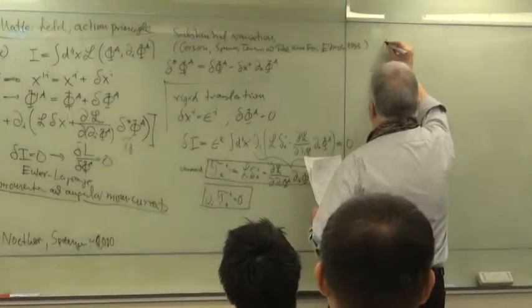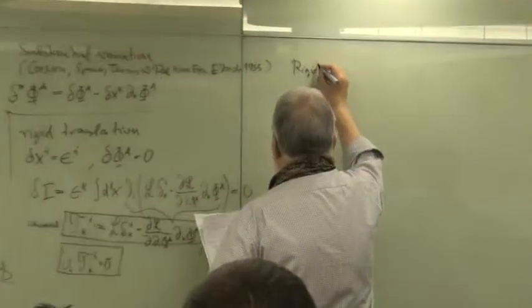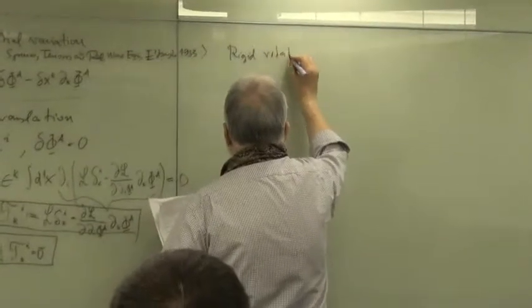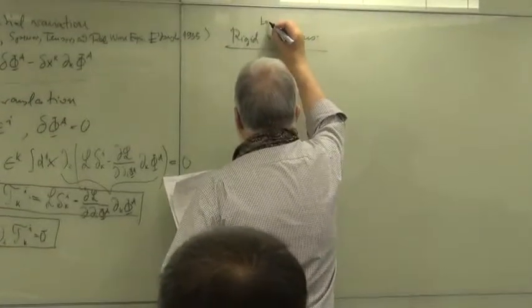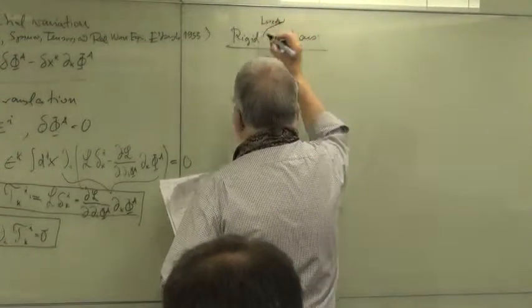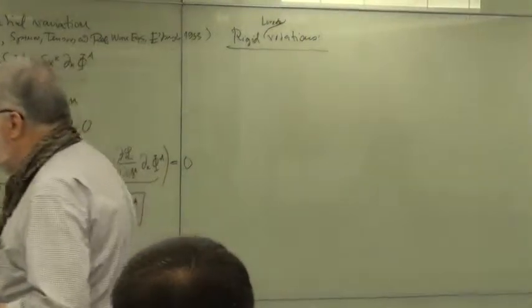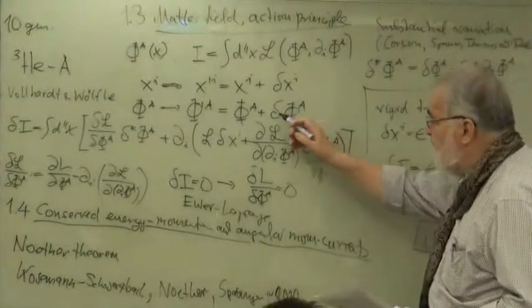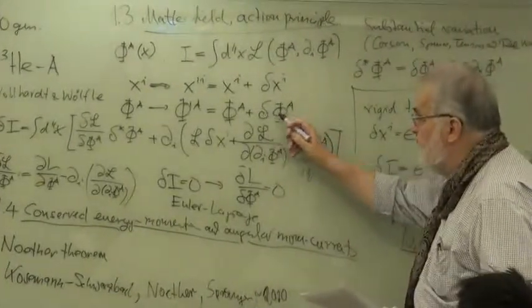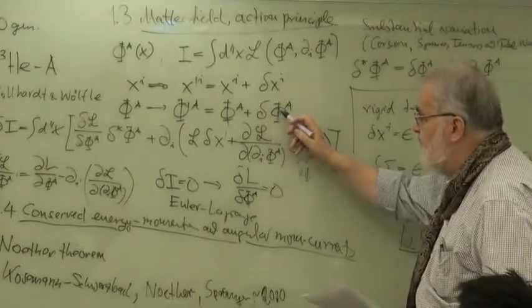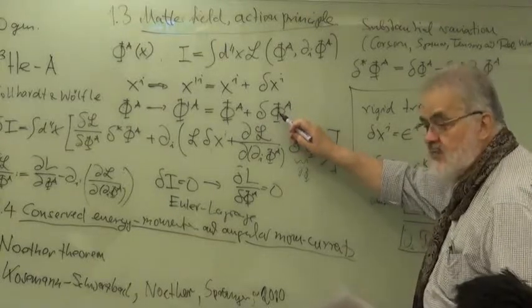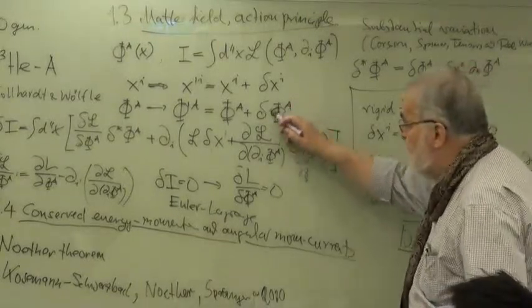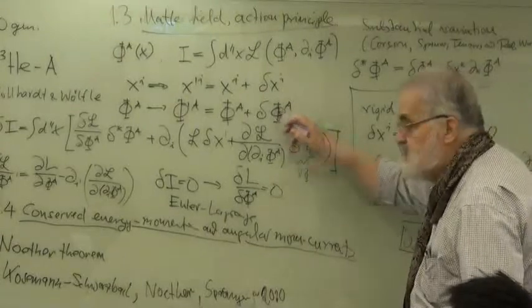So we have rigid rotations. Of course, Lorentz rotations, I should say, so the SO(1,3) is at work. And now what we have to do is to think how the field phi changes under Lorentz transformation. If we have a vector field, we know how it changes. If we have a scalar field, it doesn't change at all. If we have a spinor field, there are certain rules. So we have to invest the knowledge of how this behaves